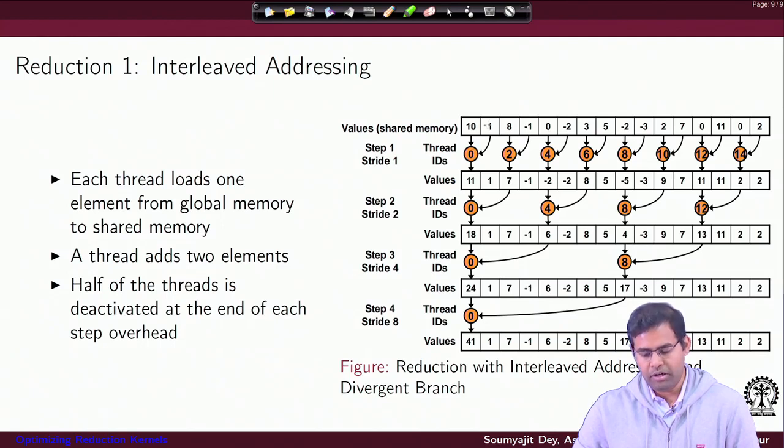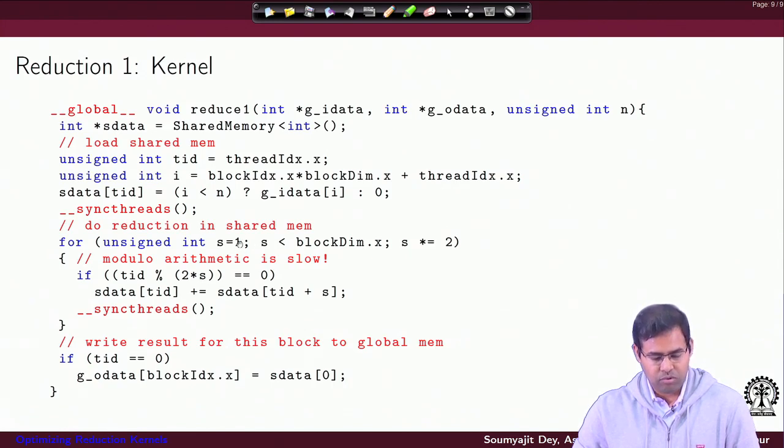So, essentially you operate on consecutive data points, that is stride of 1. You operate on 2 stride valued data points, so that is stride of 2. So, that is what we have here. So, s equal to 1, you do 1 level, then you multiply by 2, you go to stride of 2, and then you again do the addition on these values that are loaded in the sdata shared memory array, and they are indexed by the TID, right. So, each thread does the addition at a stride of 2, then in the next iteration at a stride of 4, because you again multiply by 2.